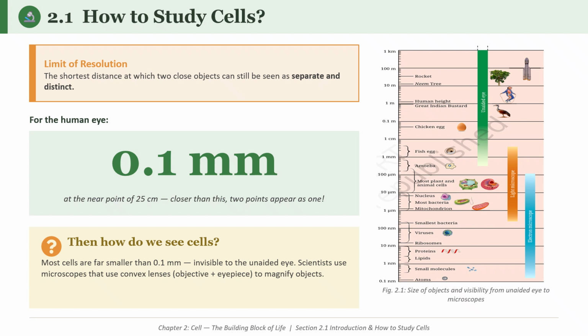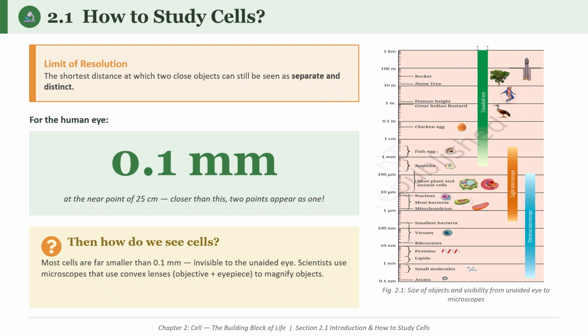So what does this objective lens do? See, the objective lens is placed close to the object and produces the first magnified image. And the eyepiece lens further magnifies the image for the observer. So together both these lenses make tiny objects appear much larger and clearer. Okay. And then next we are going to see